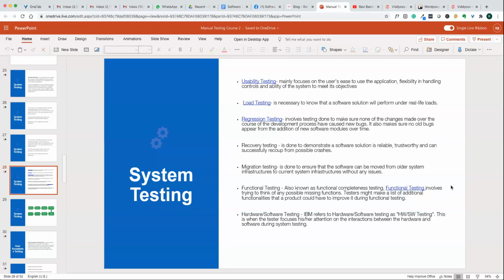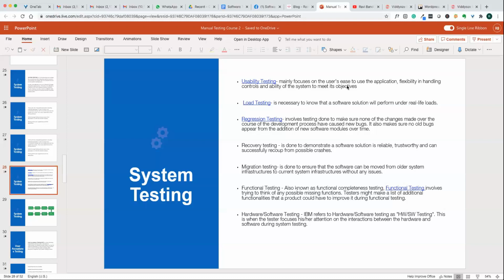Okay. So usability is basically, if you take any application, how easy it is for the users to use. Sometimes some actions need 1 or 2 clicks, and some actions need 4 or 5 clicks. Based on what actions users normally do, we try to minimize the number of clicks in usability testing. That's from the users' point of view, how easy it is to use the application. That is one factor that comes into usability testing.